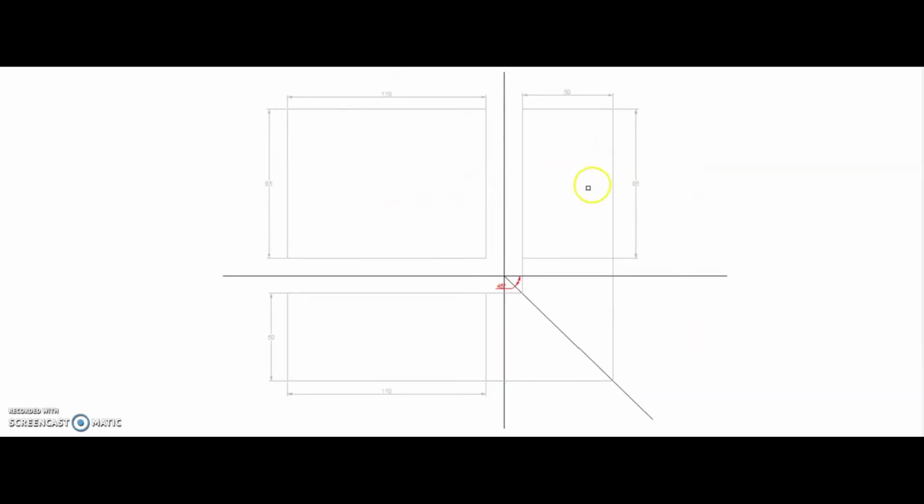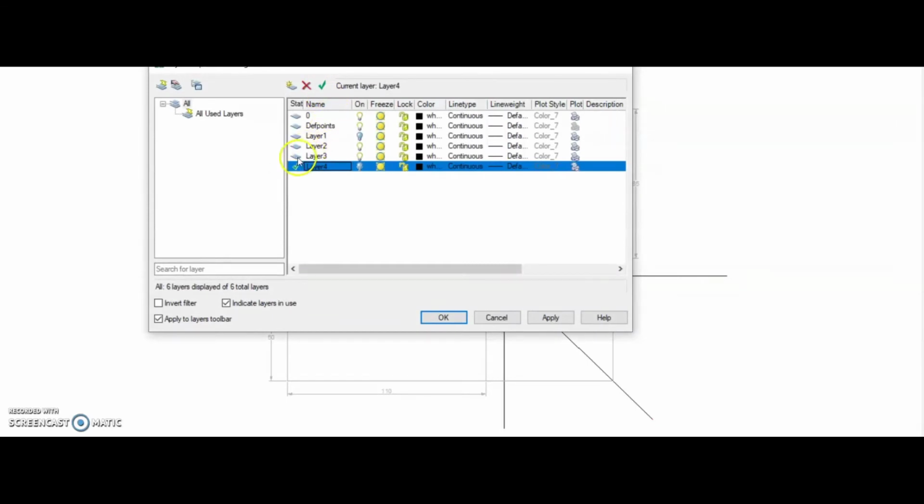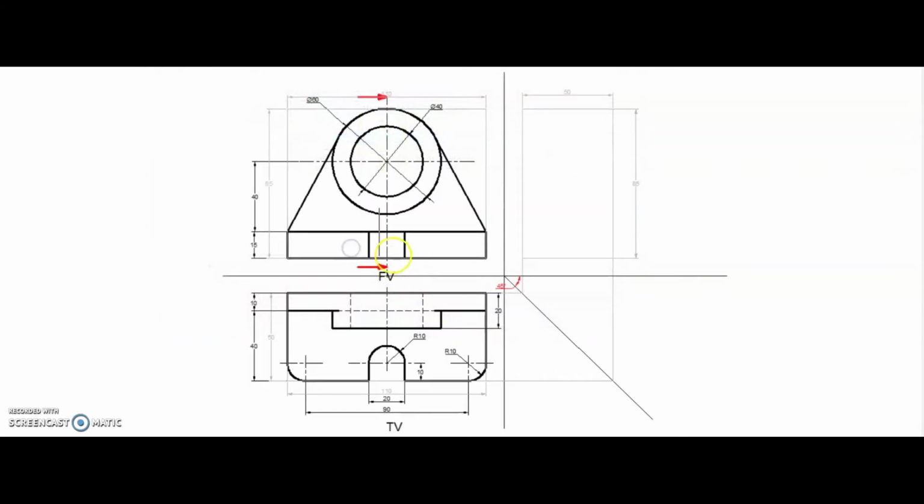Now we have to draw the front view and top view. Redraw the given views by using the frames which we have drawn for the front view and top view. Now we have to draw the left hand side view. Before this, let us imagine how its 3D view will appear.